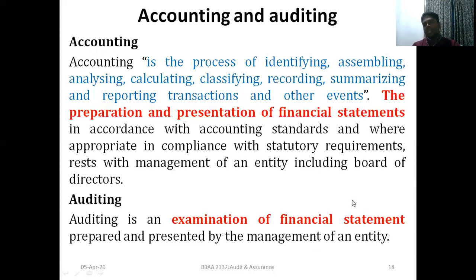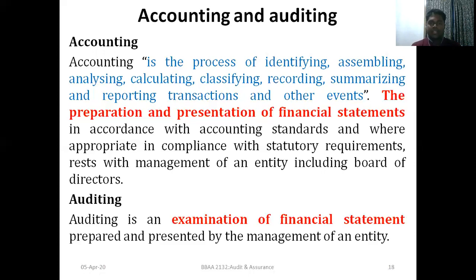Then one question: which one happened first? Accounting starts first. In the beginning the accounting starts, the accountant completes the process, then the audit process follows. That's why people say auditing is a post-mortem activity. Auditing is a post-mortem because after the financial statements are prepared, auditors check or examine whether those records are correct or not. So some people say auditing is a post-mortem activity.